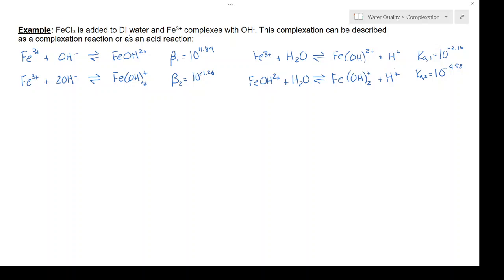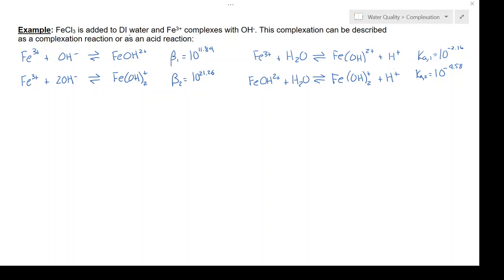In this video, I'm going to continue an example problem that I started in two previous videos. The example is ferric chloride dissolving into deionized water and the ferric iron ion that's released complexing with hydroxide. So we're describing this reaction both in the complexation form where iron is reacting directly with the hydroxide, and also in the acid form where the iron is reacting with water and releasing a hydrogen. So that's the acid form